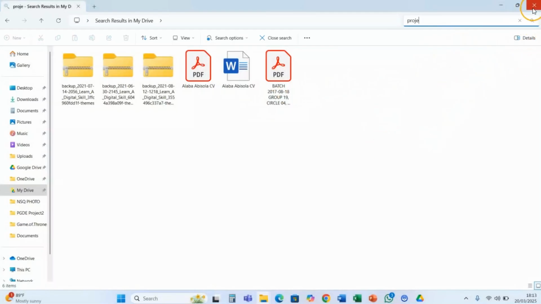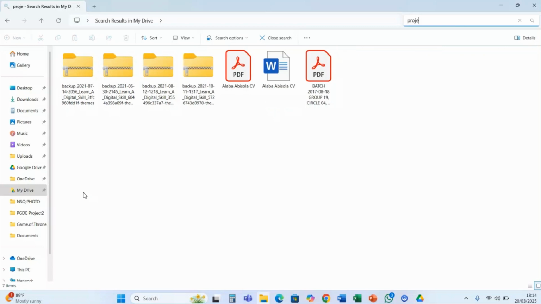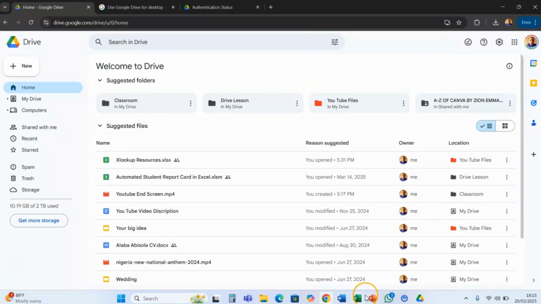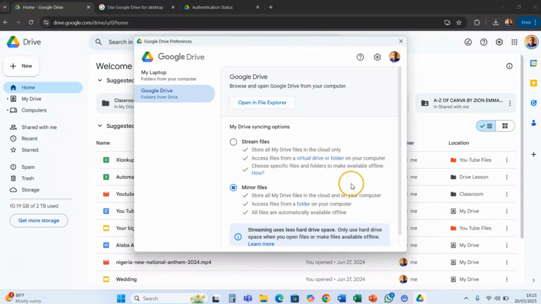So our goal is synchronization in such a way that whatever you put on your drive, on your computer, will be automatically uploaded to your cloud space. Whatever you delete or modify also reflects automatically. So it's a great way of having a backup for your files. This is the lesson, and this is our goal. Synchronization is our goal today, and of course we've achieved that goal.